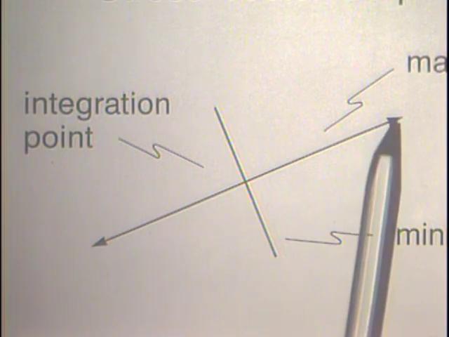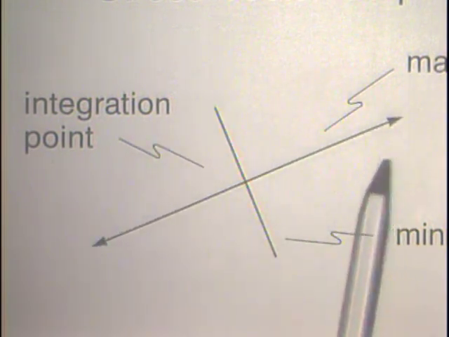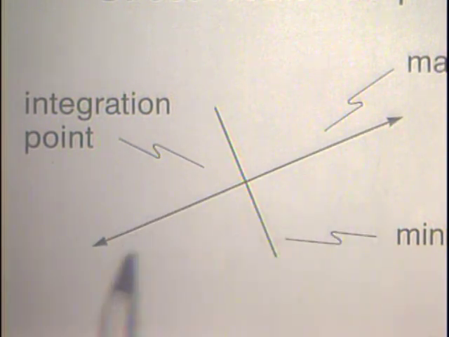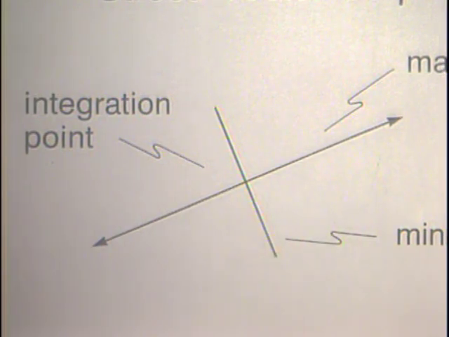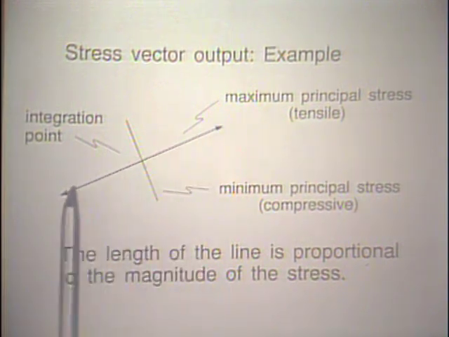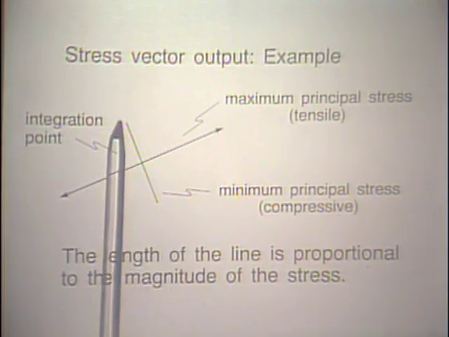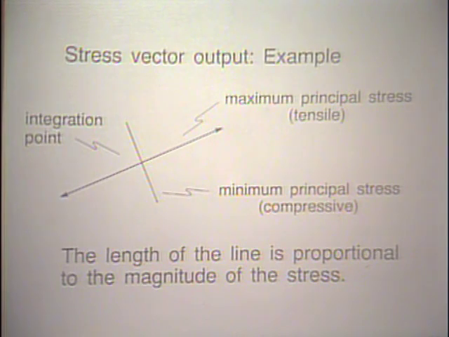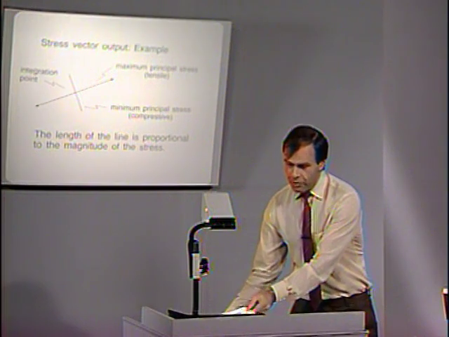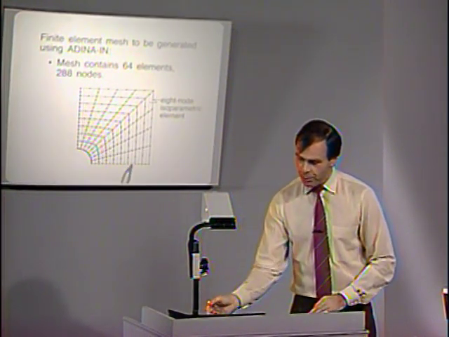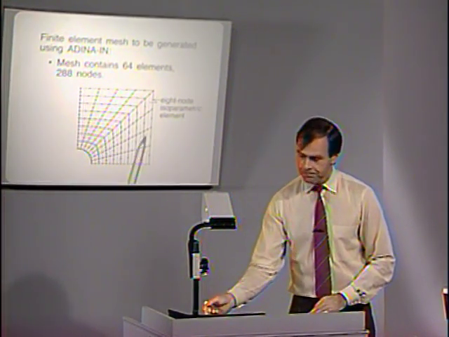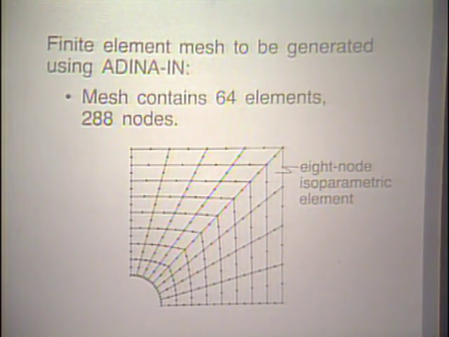So we can see, in other words, how the stress flows through the material, and we can see, of course, compressive and tensile stress situations, and notice that the length of these lines is proportional to the magnitude of the stresses. We can plot this stress vector output for all the integration point stresses in the mesh, and that, as I said already,